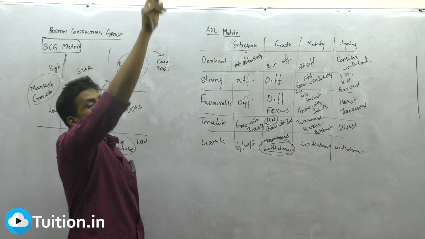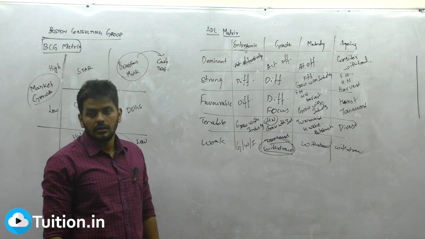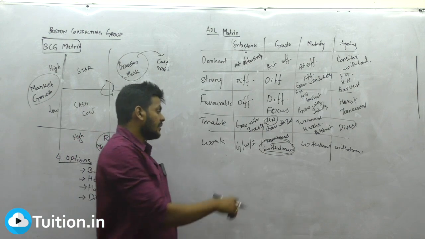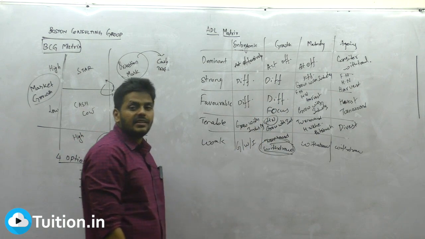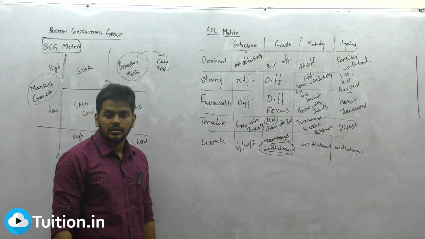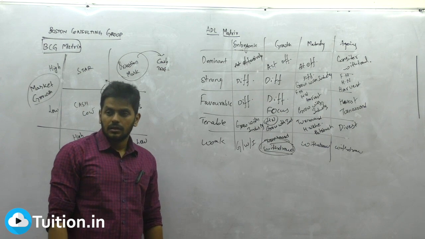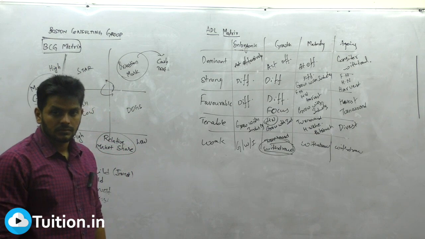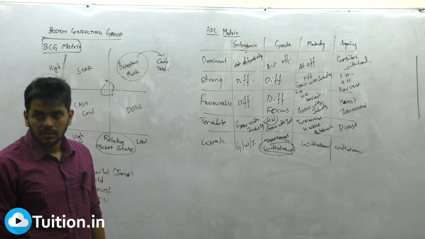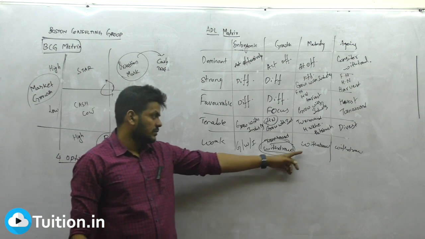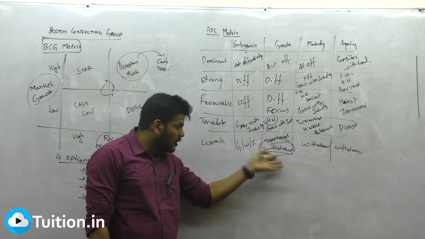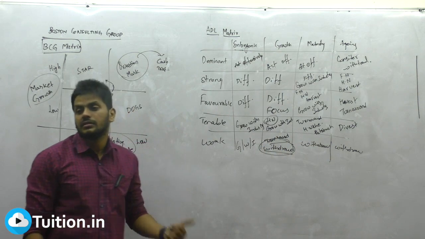How will a weak company reach aging? I'm just asking, how will a weak company reach the aging stage? If you are weak, you are not able to tolerate growth only. How will you reach aging? So they should have told harvest. They said withdraw. Withdraw means coming out. Yeah, that's what I'm saying. But you are a weak company. You are withdrawing here itself. I'm just telling, if you withdraw here itself, you should be a dash, no, here in this case.